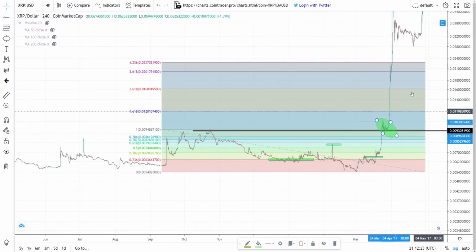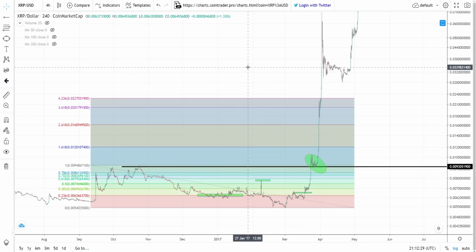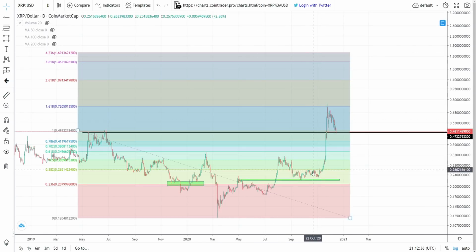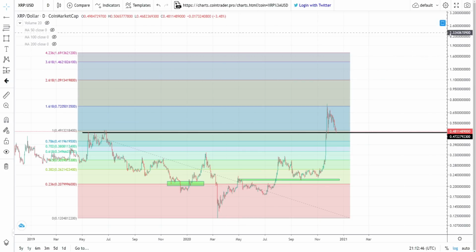How long will the next consolidation phase take after it reaches out to its next level? We'll all find out together. But one thing's for certain here, we have some incredible mirroring that's going on currently with the XRP price chart compared to what happened back in 2017. And now is not the time for me to be scared. Now is the time for me to be bullish, because it says that this thing is going to break out